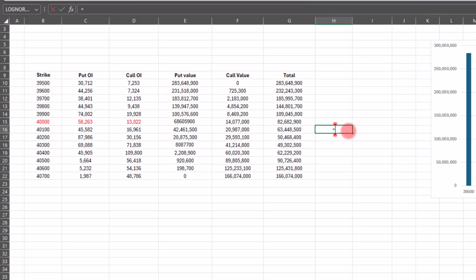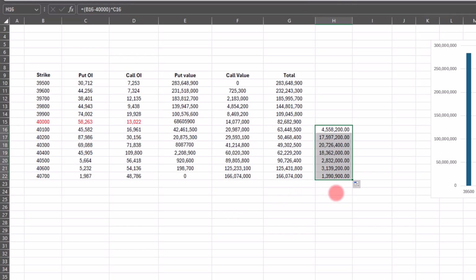Let's say equals 40,100 minus 40,000, and we're going to multiply that by the put open interest. So that's going to tell us these would be 100 points in the money for 45,582 contracts. And if we copy that down, here is the total value of the dollars in these put options if the